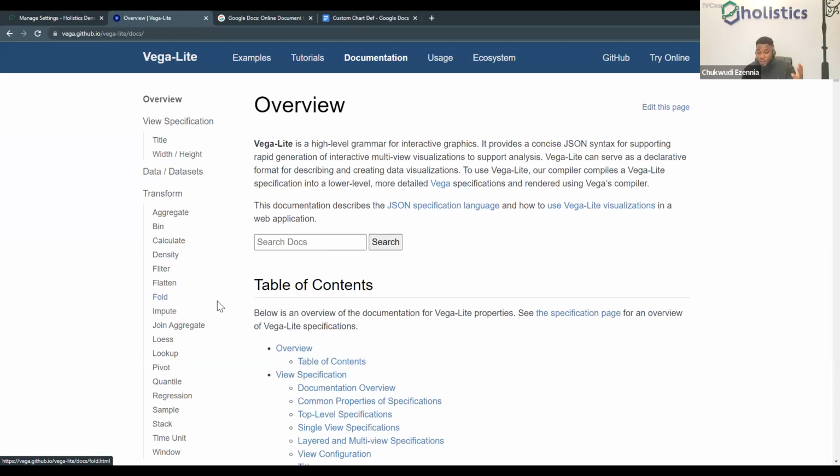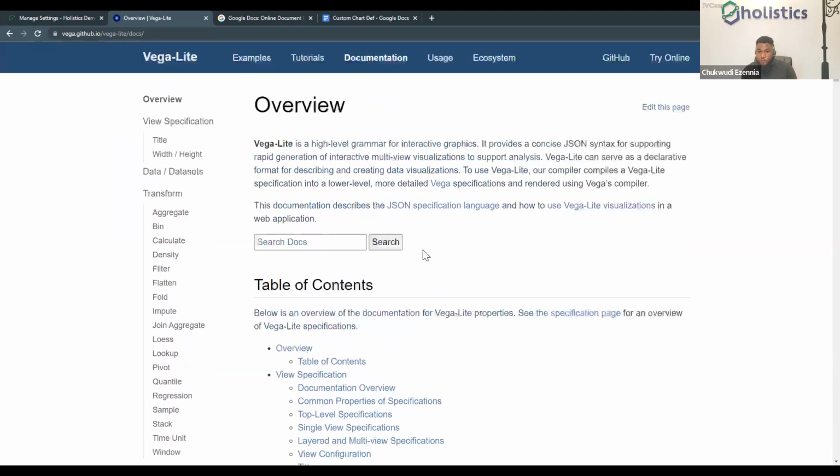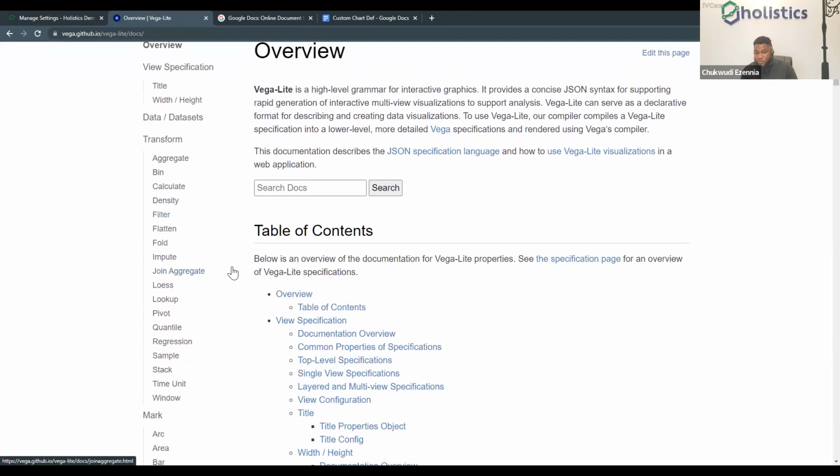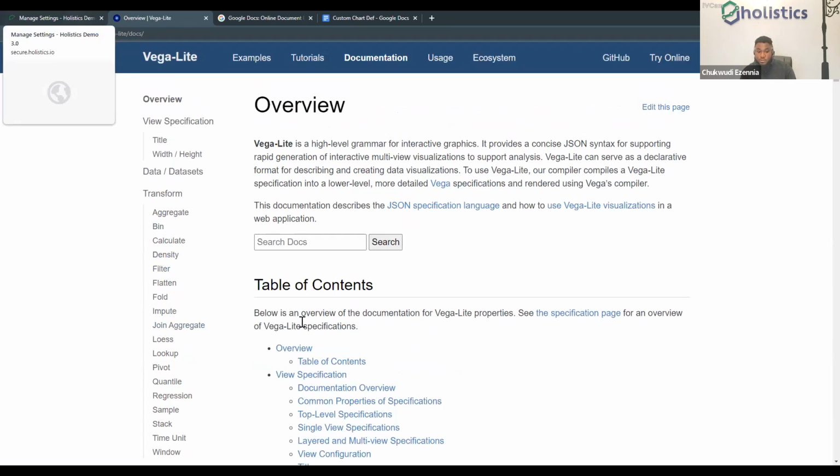Now, how far you go with defining very complex charts is also relatively dependent on how far you explore this particular documentation here for Vega-Lite. Trust me, lots of interesting things to actually find out in this particular aspect, right? So optional, we are able to modify most of those settings, right?